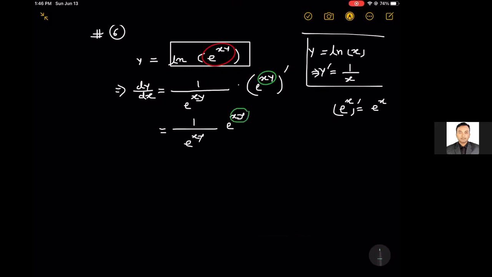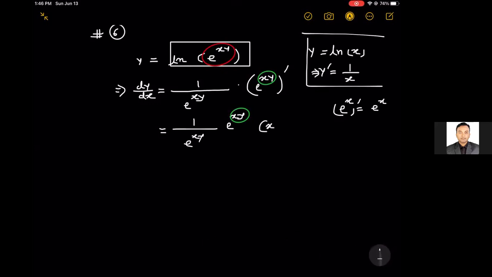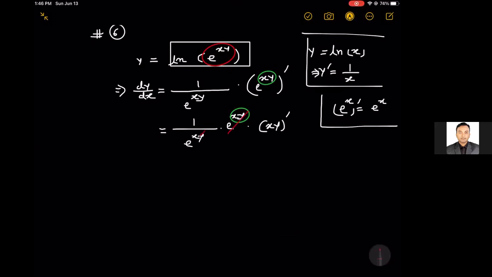It's not exactly x, right? So we need to find the derivative of x times y, and multiply that here. Do you agree? And again, this will get cancelled,